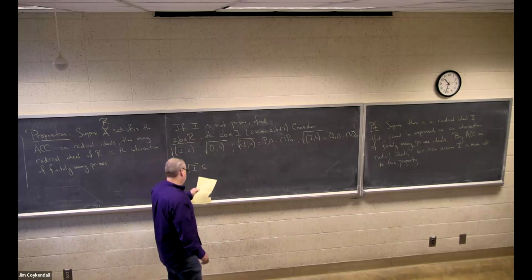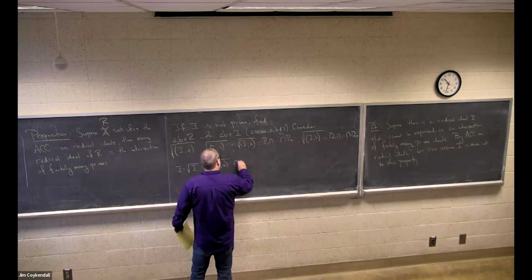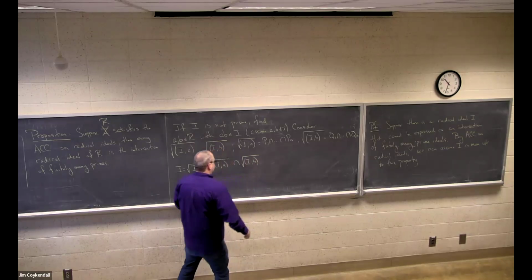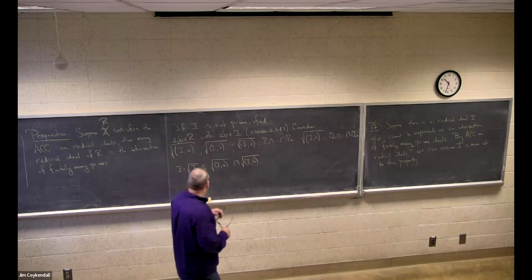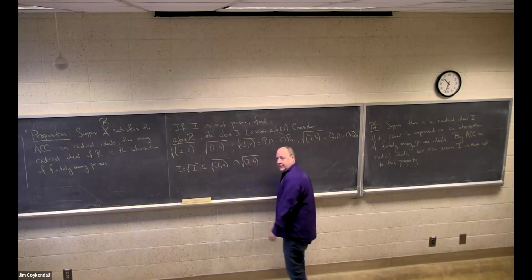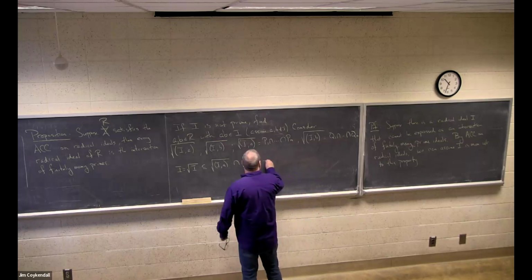This is contained in, correct? Because certainly the radical of I is contained in this, and the radical of I is contained in that. Right? And this is equal to